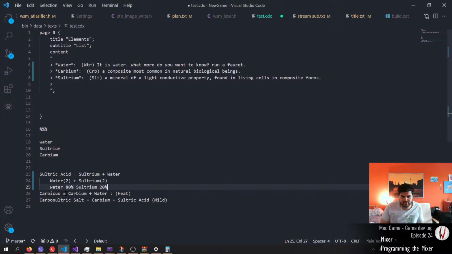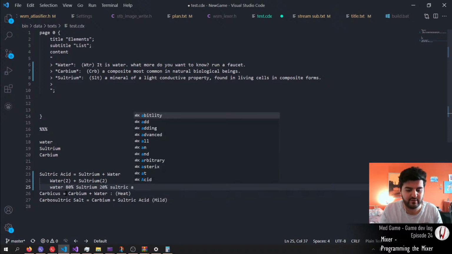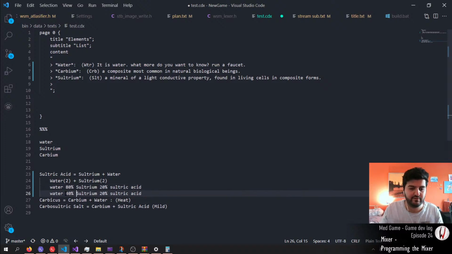Let's see if it's like this, then it's sulfuric acid. If it's, I don't know, from 20 to 50,